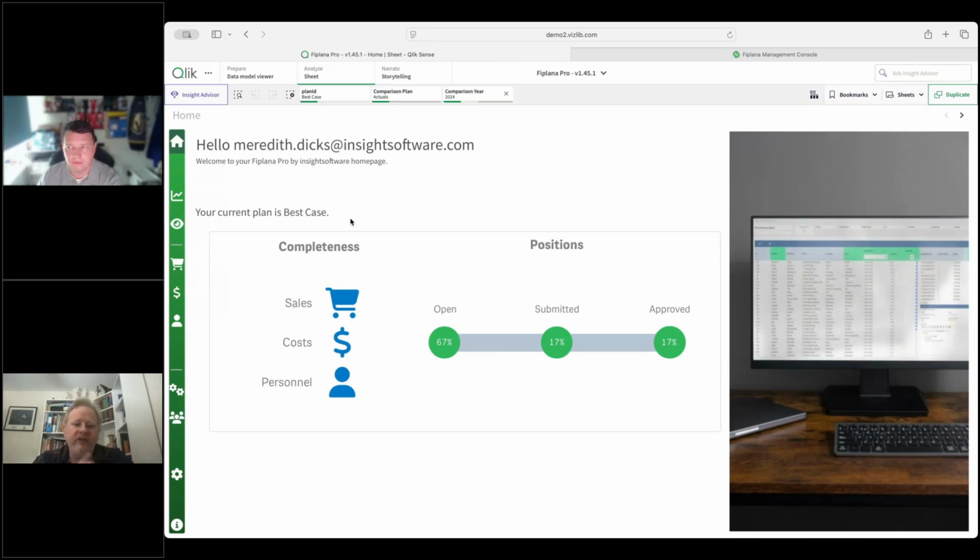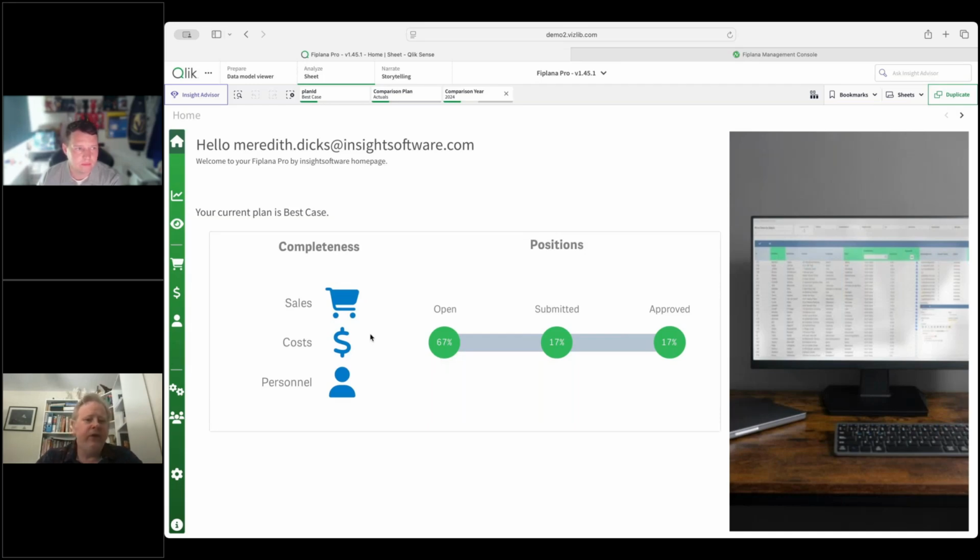So there are a number of things that I'm looking at here. There are a number of cycles that we go through in a financial year, and where we are at the moment is we're working on a budget cycle. The one I'm working on is called Best Case, and I can see that inside of my cost center, I have 67% of my submissions still open. I have a number that have been submitted and a number that have been approved. So there's a bit of workflow here. I'm looking for people to submit their numbers to me. We can then agree on those numbers, consolidate the agreed numbers, and then submit those forward to go into the